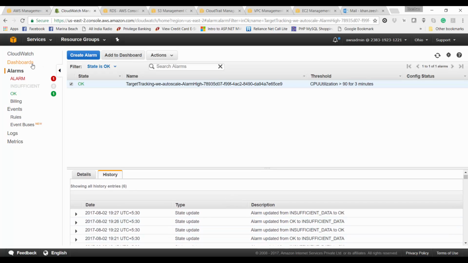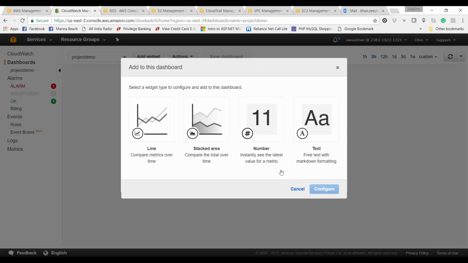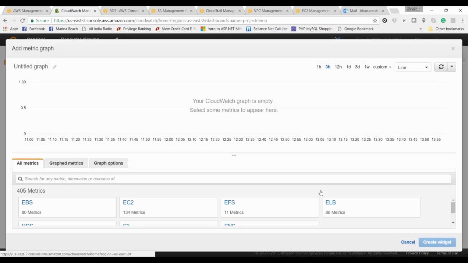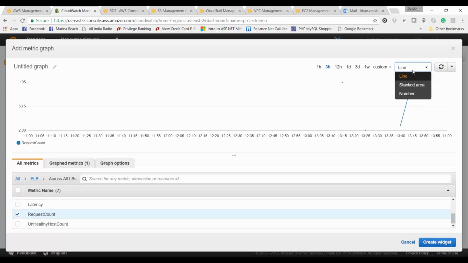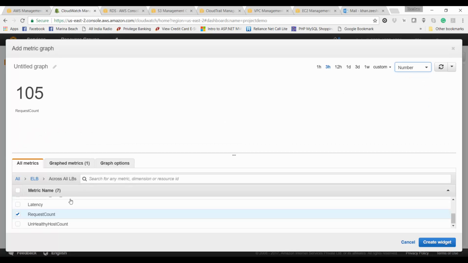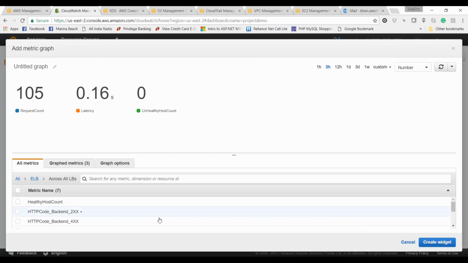Right now you can go to dashboard and create a dashboard for your project. I will choose the line graph format. Let us configure it. You can select any parameter here. I am going to Elastic Load Balancer and selecting a few parameters. I am switching from line to number, so I can see the request counts, latency, and